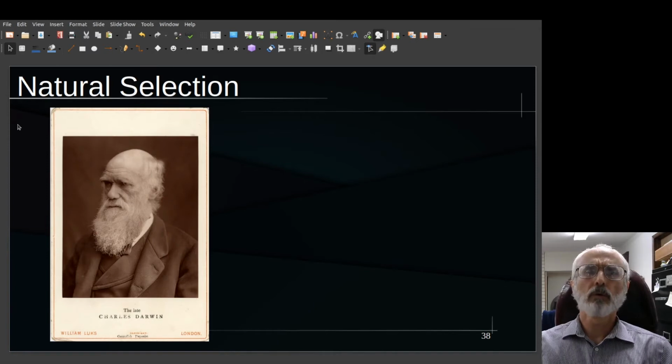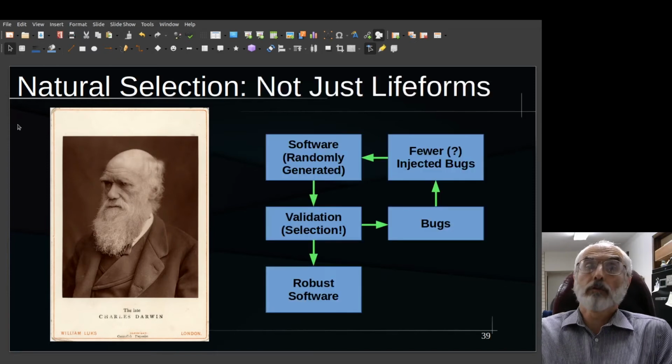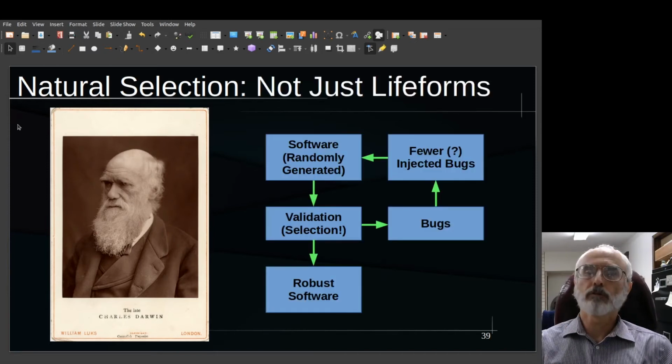And so what this means is natural selection, even in the wild, even in Charles Darwin's day, unknown to him, applies to software. So if that's true, it should apply to computer software, right? I mean, okay, we got software, which is randomly generated, and okay, you may take exception to that, but I've been doing this for 40 years. I've been watching a lot of people doing it. I'm watching myself do it. If you don't like it, too bad. Live with it. That's the way it is.